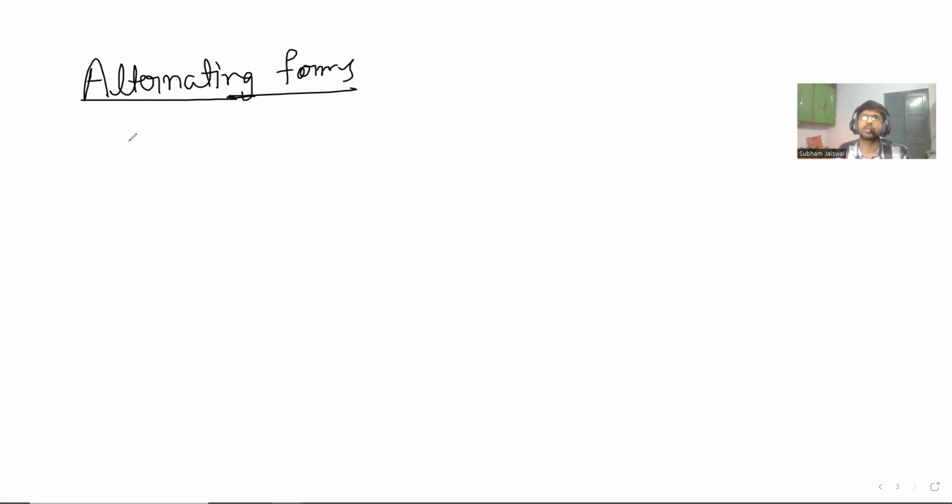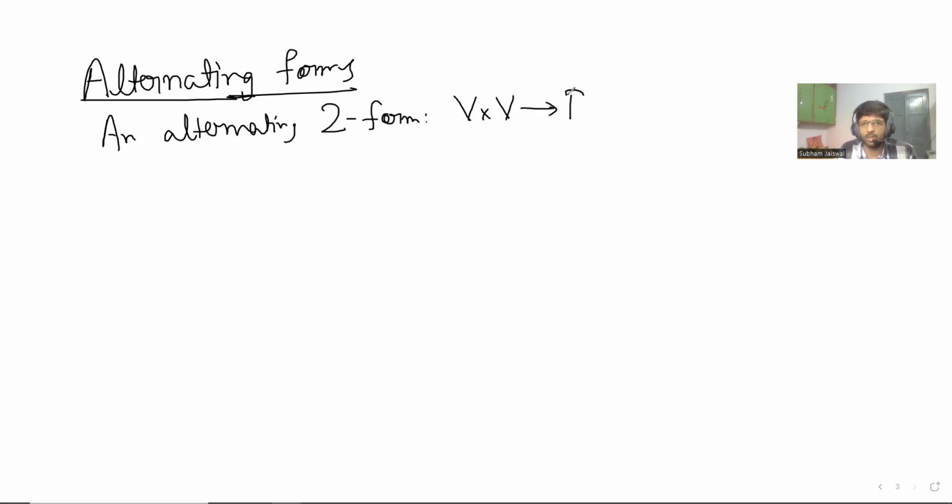So alternating forms. Obviously you know the definition, right? Maybe just an alternating two-form. An alternating two-form is going to be a map from V cross V to F, such that